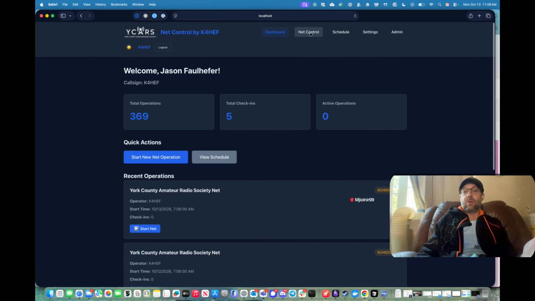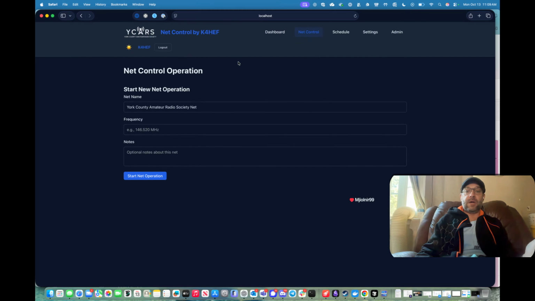And I'll go briefly over the net control. So you can manually go in here and just start a net if you want. Maybe normally you're part of a club, like, hey, I'm part of YCARS, York County Amateur Radio Society. And in the mornings and afternoons, I might be running a daily net. But then maybe on Saturdays, we do, like, I don't know, a rag chew on 10 meters. Well, I can go to net control and manually just spin one up, put the 10 meter frequency, whatever. And then you put your notes and just say, rag chew,